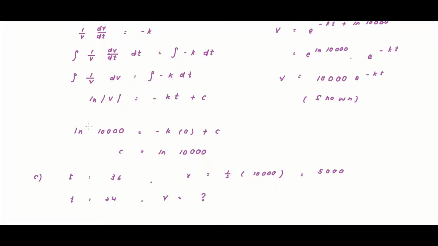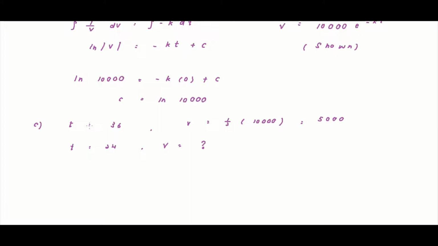Alright, so let's substitute into the equation that we have found just now. Okay, so you have v equal to 10,000 e negative kt, right? Now, by the first information, we should be able to get k. Then after that, we can get a complete equation. Then you should be able to find out what your v is when t equals 24. So your v is 5,000 when t is equal to 36. Okay, so meaning that you have 5,000